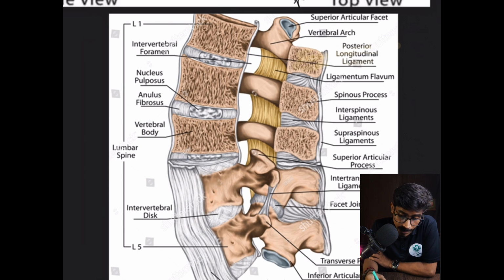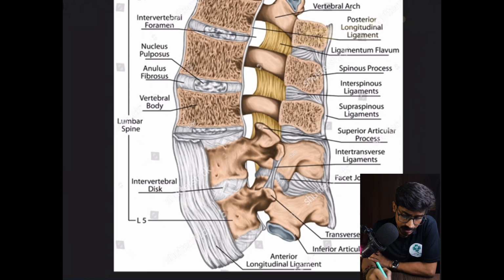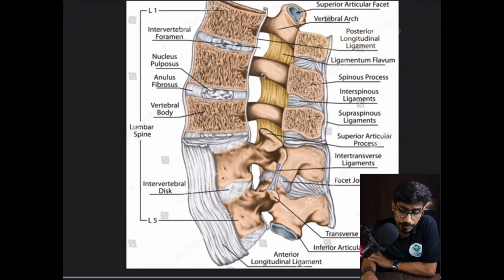Then the ligament between the two vertebral arches is known as the ligamentum flavum. Here you can see this is the ligamentum flavum, and the ligaments which are passing beside the vertebral body are the anterior longitudinal ligament and the posterior longitudinal ligament. Anterior means the front area, and posterior means the back of the vertebral body. So these are the basic things. Here you can see the intervertebral disc, ligaments, and all the basic structures that you have to understand.